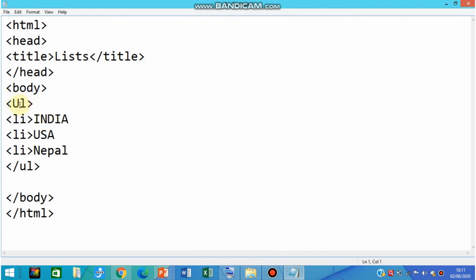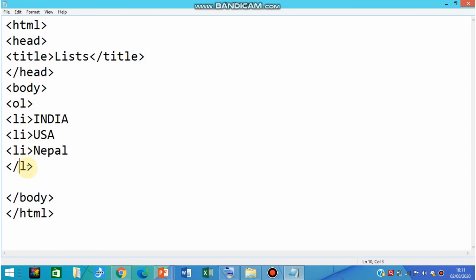It is all similar to the UL tag, that is the unordered list. The contents of the list you have to mention using the LI tag only, but instead of the UL tag you have to use the OL tag, that is the ordered list.